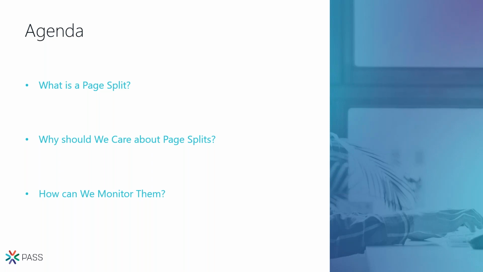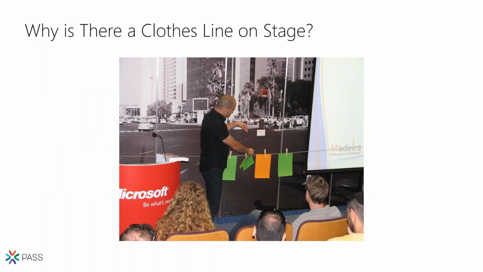So let's start. First of all, this photo is from maybe 8 years ago. I did this talk for the first time in the local Pass group in Israel, to the local community. And I put a clothesline, as you can see, on stage, and I put some pages. So this was to represent the leaf level of an index, and those are the leaf pages, of course. And then I started tearing them up and moving them around. It was quite fun to demonstrate page splits. Obviously, I can't do that now.